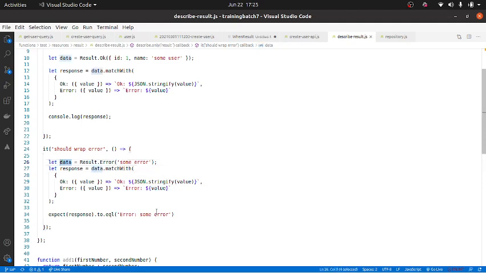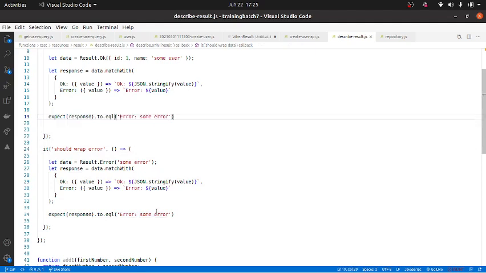So the data represents an error condition, and since it represents an error condition, whatever was passed to result.error was passed to the error's value parameter. Once I got the value, I returned a string telling it was an error, and the error message is this.